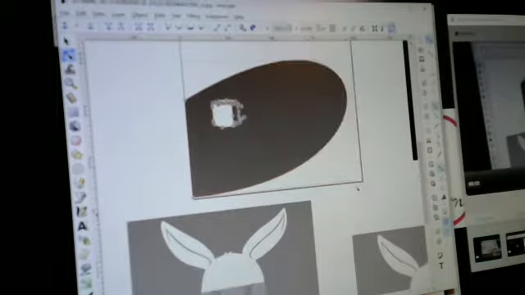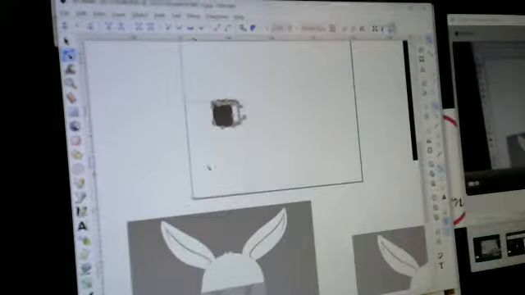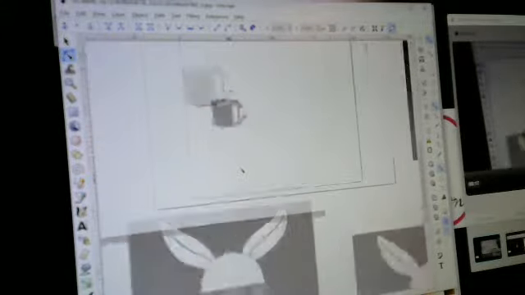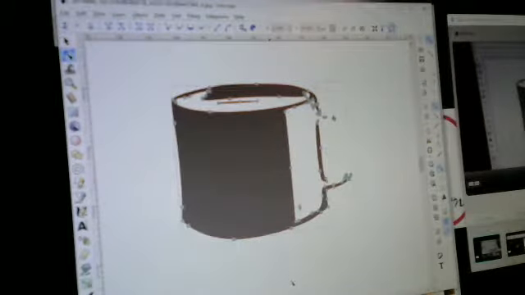Zoom out. And you can see that we have now an inverted image. This is not what we're needing. We're actually needing the whole. This part needs to be whole and this part needs to be whole. So when that happens, what I do is I just fill it in with the paint bucket. But you see we have a hole here, and that's not going to work for us